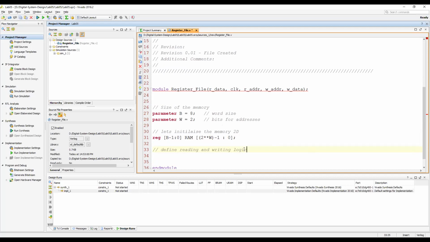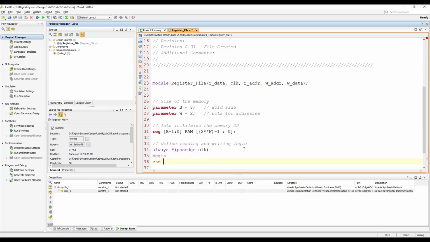It is definitely a sequential circuit, not a combinational circuit. So it should be at the positive edge of the clock, begin and end.